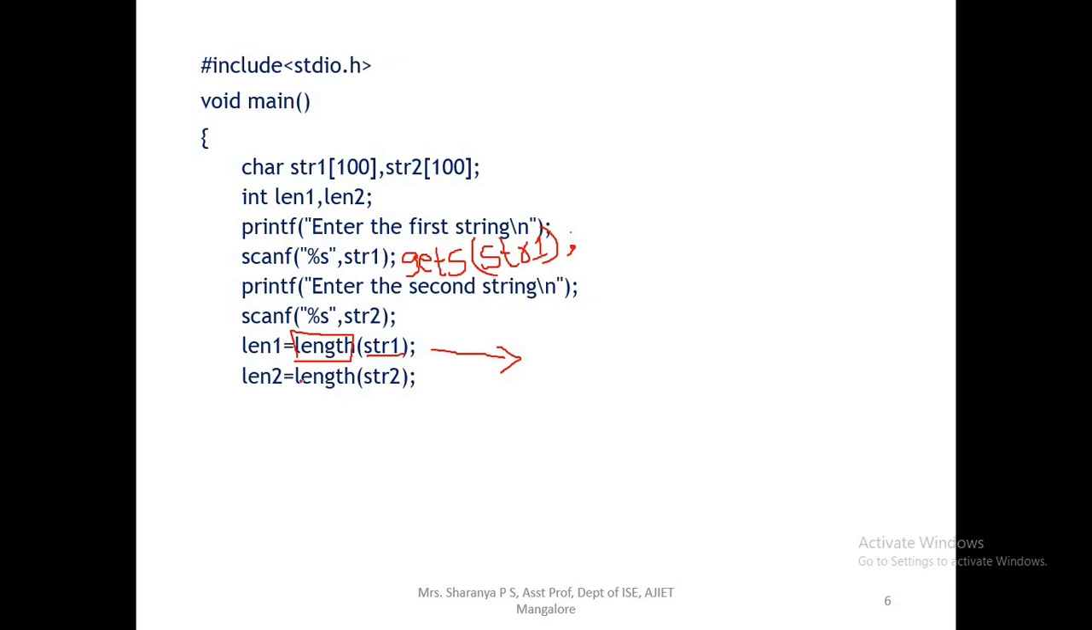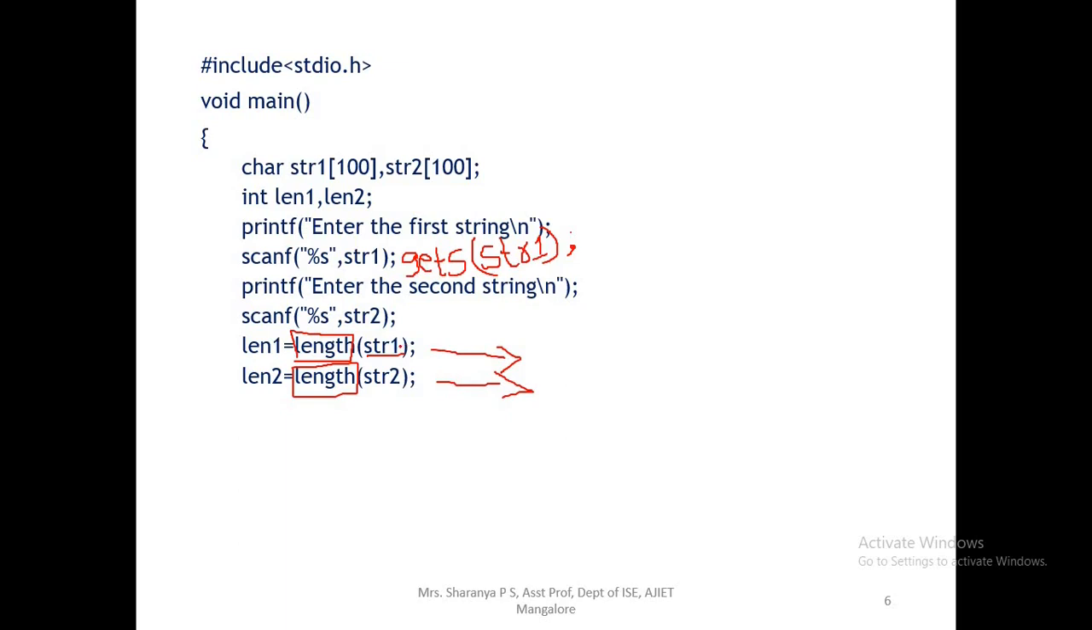Next, with the next statement, once again the same length function is called, but now the parameter passed is string 2. See, here you can observe clearly the benefit of using the function. Suppose the function is not used, then the same set of code used for finding the length would be repeated twice,